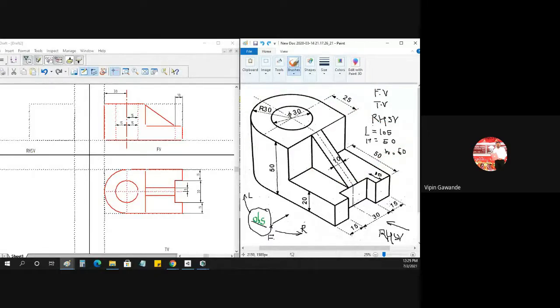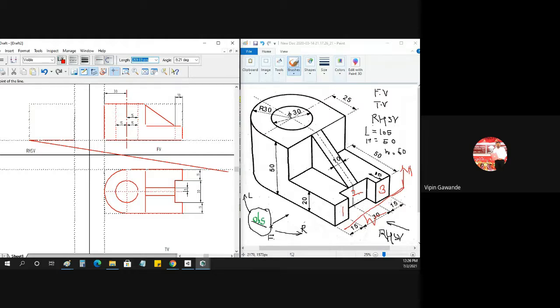Now what are the dimensions for the view? This is width, and vertical is height. Which surfaces are visible from the right hand side? This is visible 1, this is visible 2, then 3. So 3 rectangles are visible. Let us draw those 3 rectangles first. That rectangle will come here. What is the height? Height is here, it is 20. We have to take 2 dimensions. Width wise it is 60, so I have taken the 60 here. Now vertical is how much? 20.